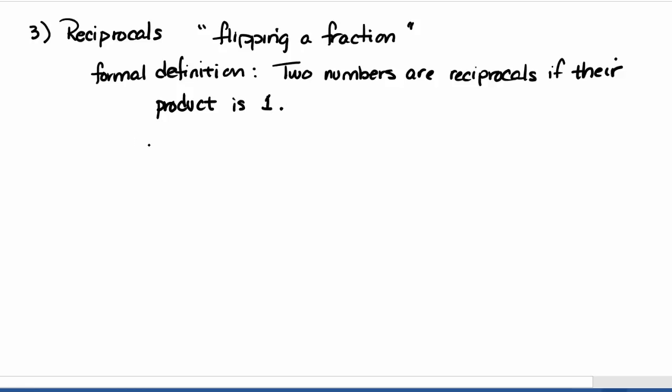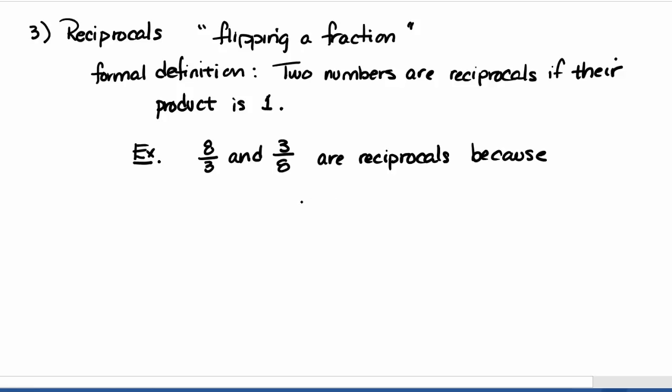Okay, so for example, 8/3 and 3/8 are reciprocals because 8/3 times 3/8, right, which is 24/24, any number over itself is 1. Okay,